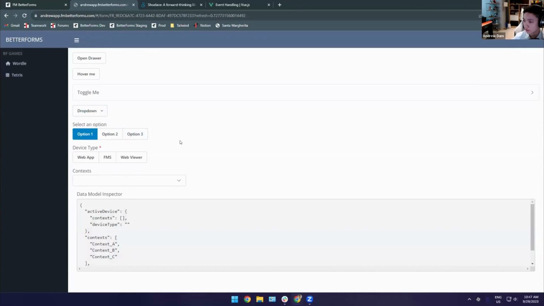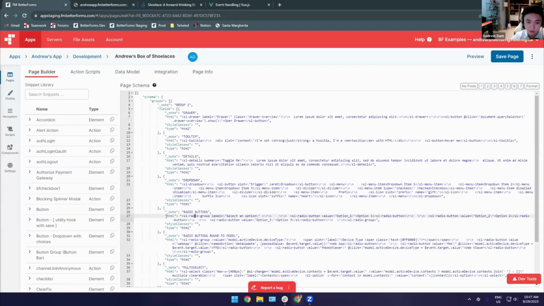And while these are cool, I want something to happen when I click on them. I want my data model to change when I click on, let's say, a specific button. This is where we can implement some of our event handlers. Let's go to the code. And here are my radio buttons